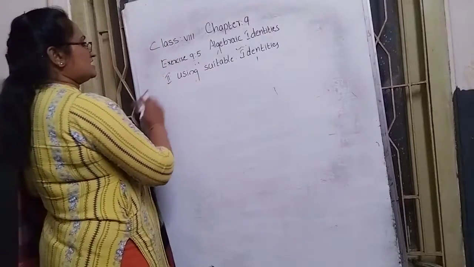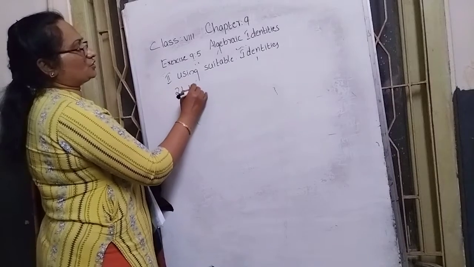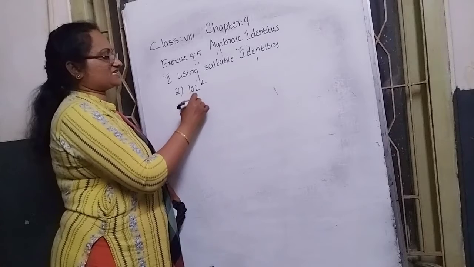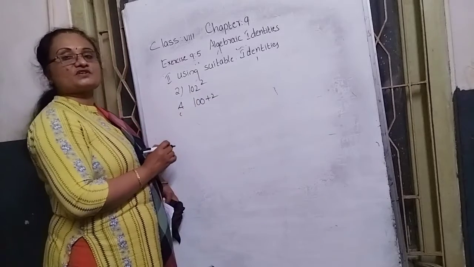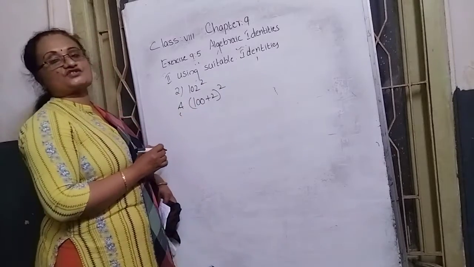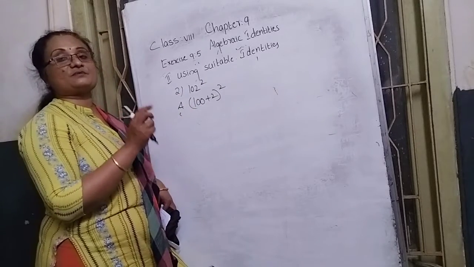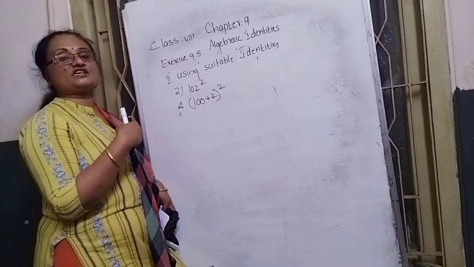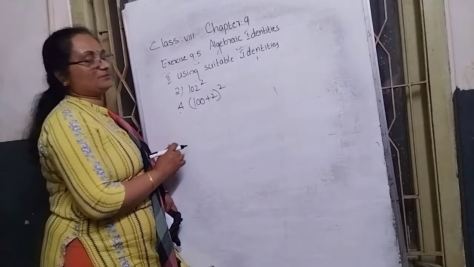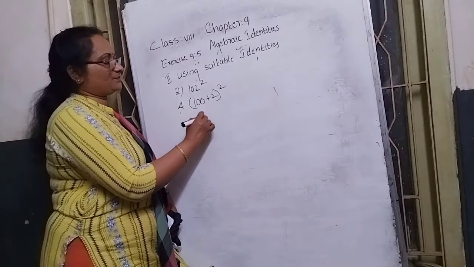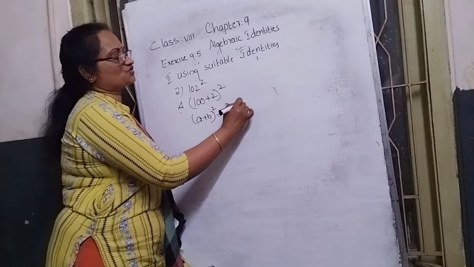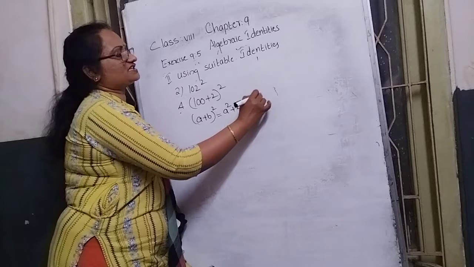The second question is 102 the whole square. How can we expand 102? We can write 102 as 100 added with 2. 100 plus 2 becomes how much? 102. But keep the whole square, with the 2 terms inside. Remember, we ourselves keep the bracket and put the whole square. Then this bracket is in which form? The a plus b the whole square form. The expansion is a square plus 2ab plus b square.